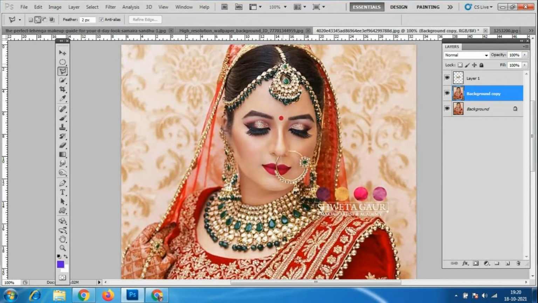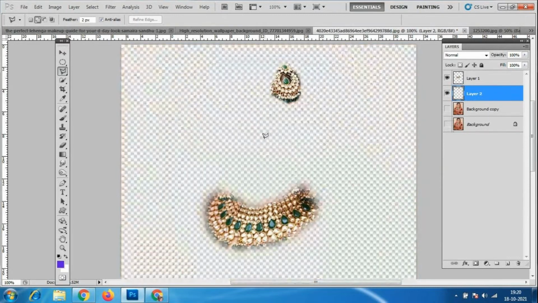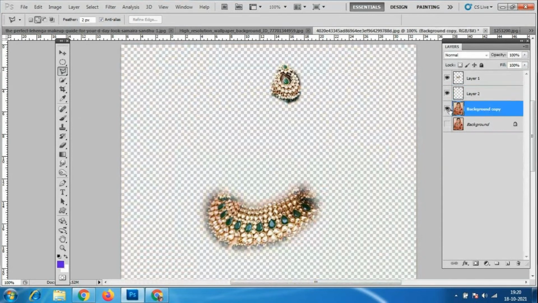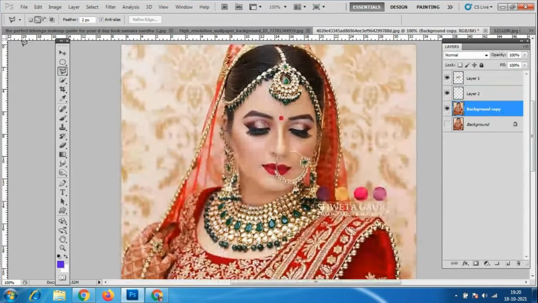Like this, you can make Control J and keep the files. Always keep everything on a different layer. And whenever you are cutting things, don't give so much feather, only 1 or 2 pixels are enough.